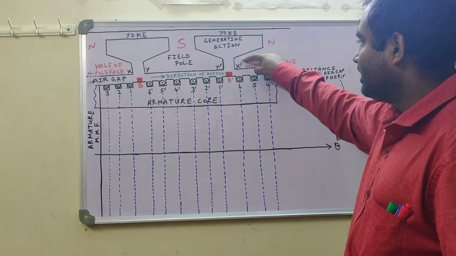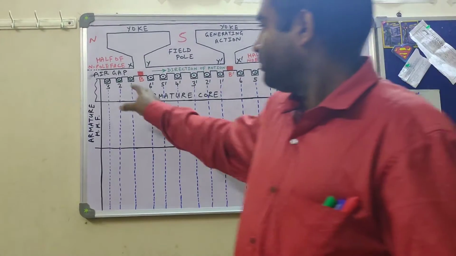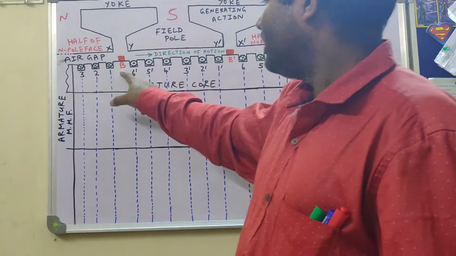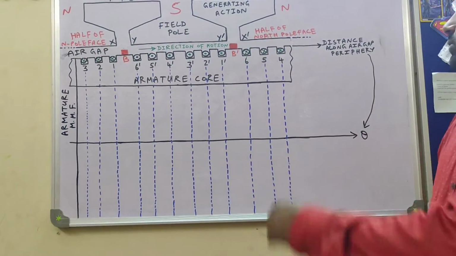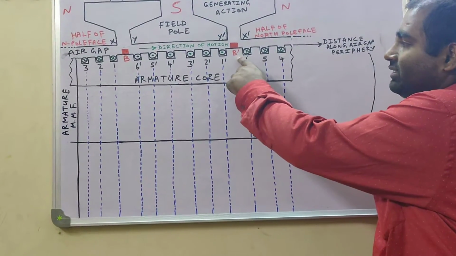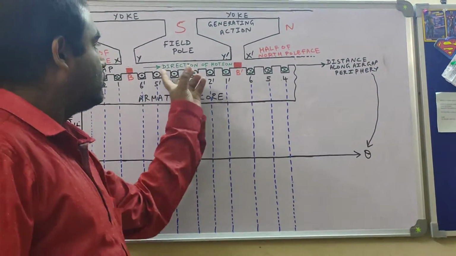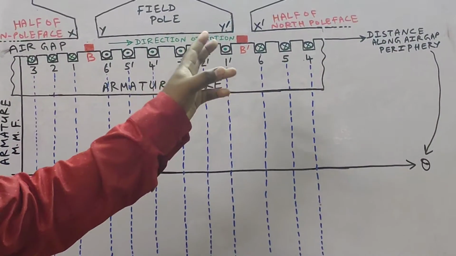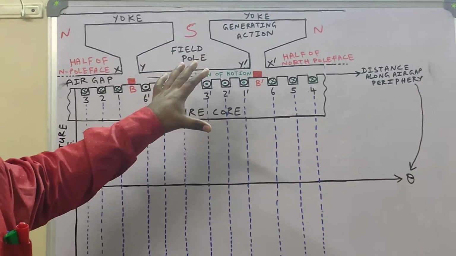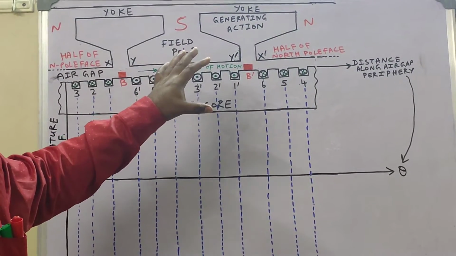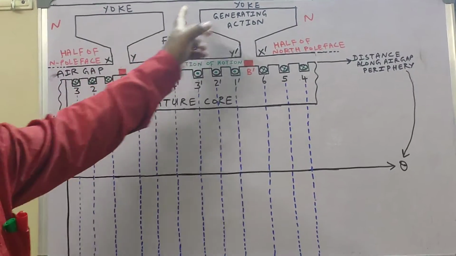Here you can see X dash is the pole tip of north pole which is under the slot number 6. You can match it. Also you see between slot number 1 and 6 dash the brush B was there. Here also between slot number 1 and 6 dash brush B is here. Likewise between slot number 1 dash and 6 you have brush B dash. So the same thing is happening here. And this direction of rotation is also in tune with the earlier diagram. So each of the details which you can observe in this diagram is in tune with the earlier diagram which I had drawn, including the direction of rotation or motion, polarity of north and south pole, all these things.